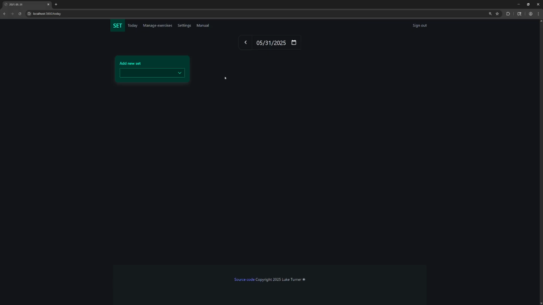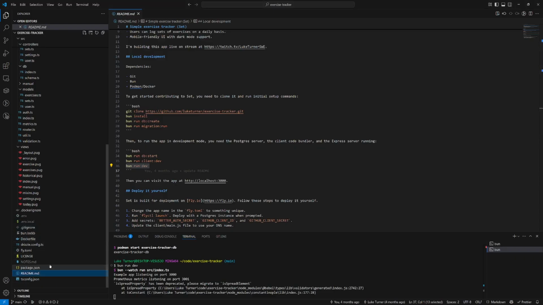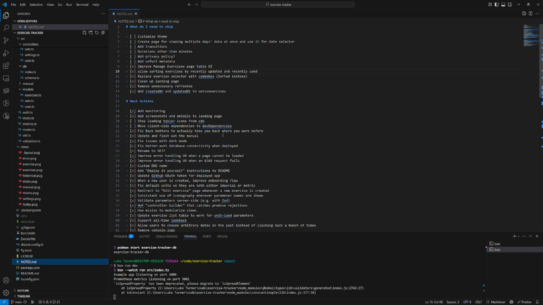So let's look at our to-do list and see what we want to do next. Having this to-do list is really helpful, especially for this project where I'm only working on it like once a week. So highly recommend it, because otherwise I would have definitely forgot everything that I had planned at the end of last stream. When I work on personal projects, usually I try to work on it a little bit every day, so stuff sticks in your head better. But anyway,